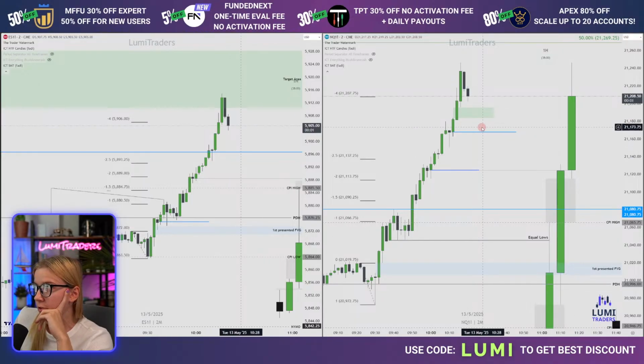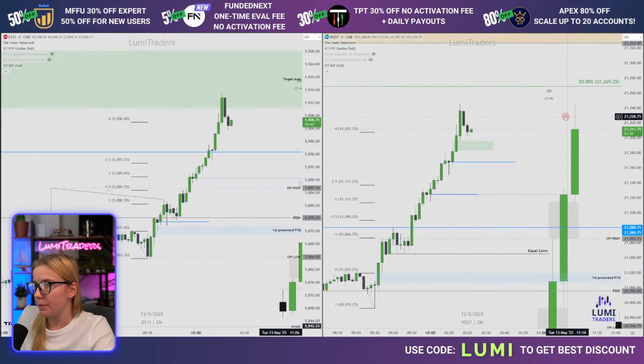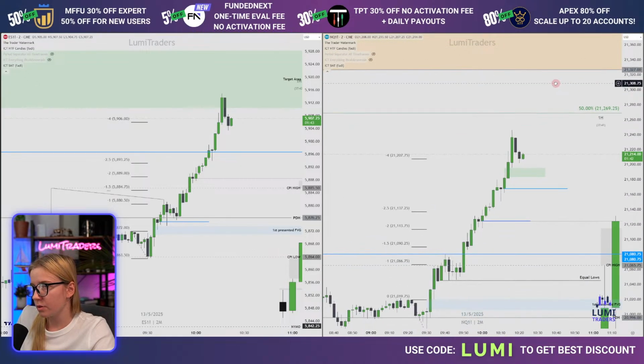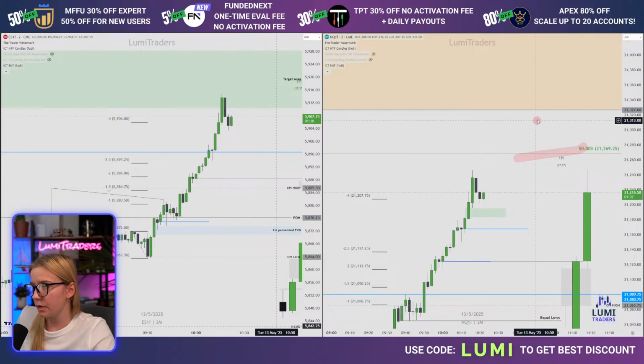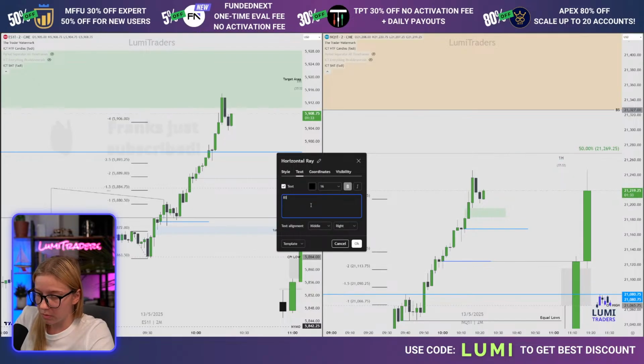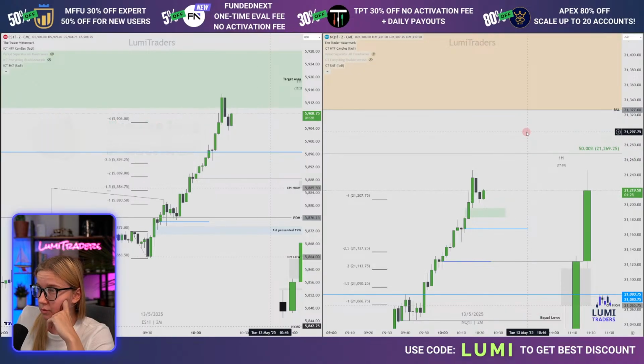We never know. Right now we're inside a couple of high time frame levels, daily levels, weekly levels. How it goes, we will see. But honestly, I don't really have room to go higher. I mean, levels higher. Weekly fair value gap, huge fair value gap. I would say 50% of daily week and buy side right here. That's pretty much it. Nothing more. That's only 2 levels left on this way up.